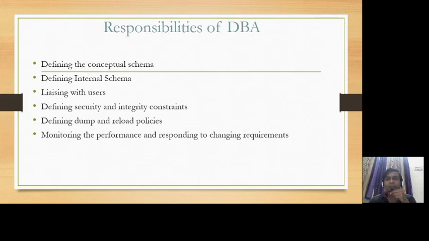Then there is the person who is responsible for managing our entire database, called the database administrator.